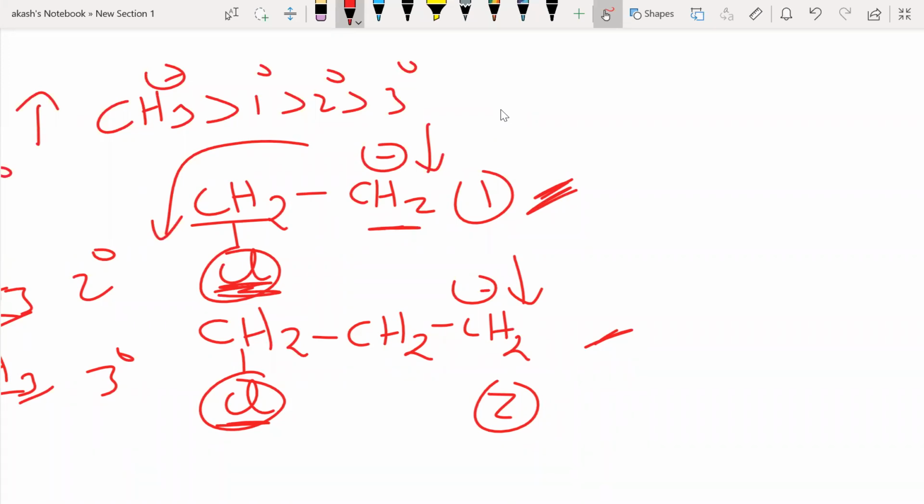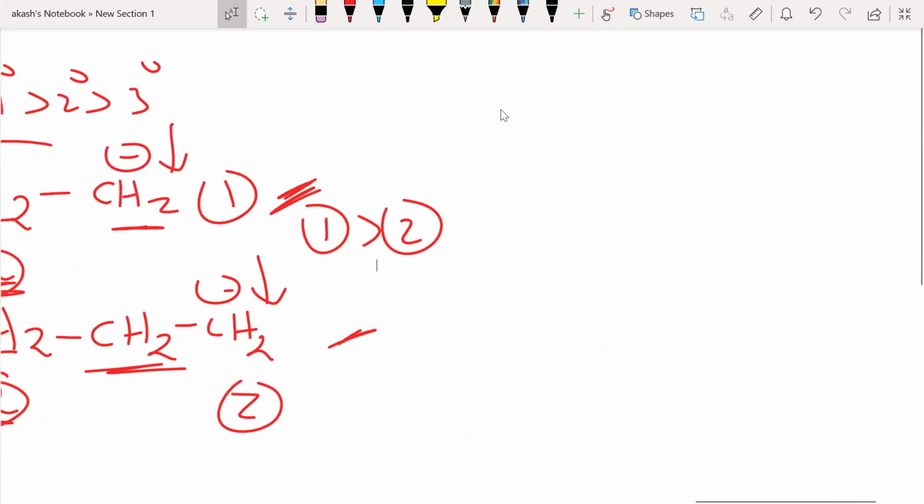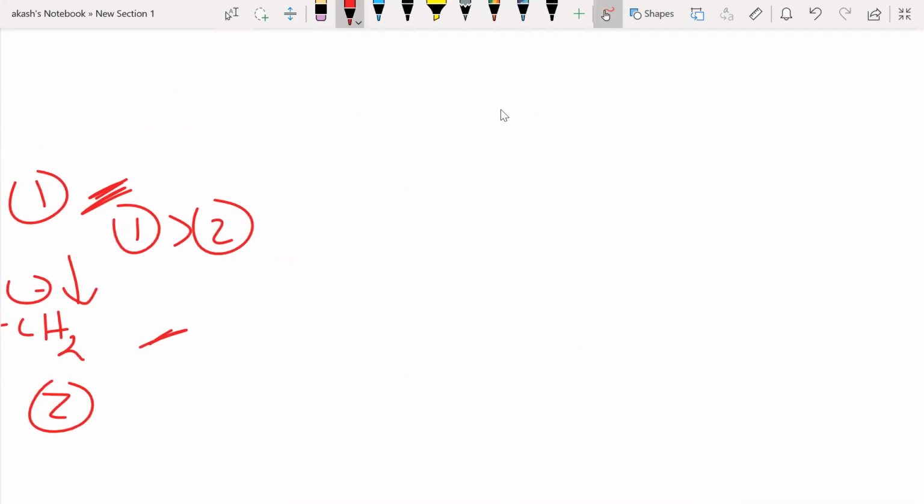It is going to have more electron pulling effect. But in this case, it is 1 carbon atom away, or I would say even 2 carbon atoms away, however you want to consider it. Right. So obviously 1 is more stable than 2. Okay. Most of you got this. Very good. Very good. All right. Next example we take. Say if I had